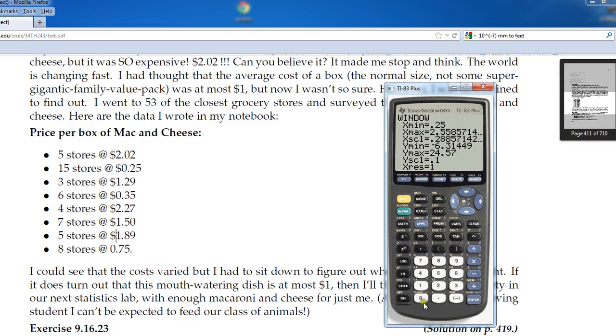We definitely have a min of 25 cents and a max of 227. I'm going to make it 0 to $2.50 just to round it off, and I'm going to make the scale a quarter. Let's see what that looks like if we do it that way. I'm going to change the Y max a little bit to make things fit better. Okay, decent. A little bit higher maybe. Smidge higher. 40. Let's make that scale more logical. All right, there is our distribution.